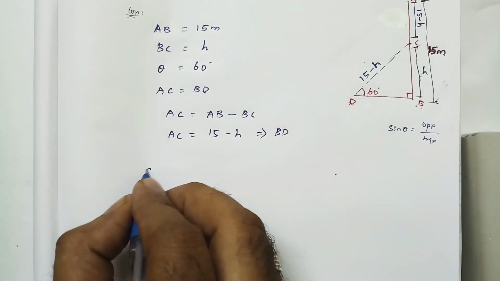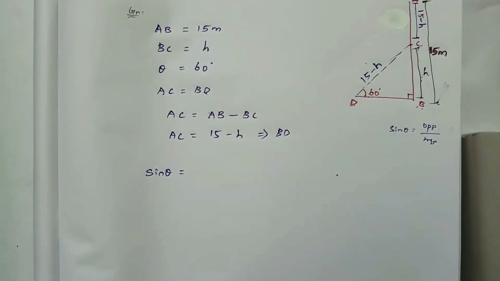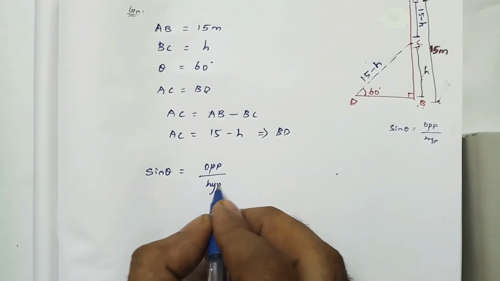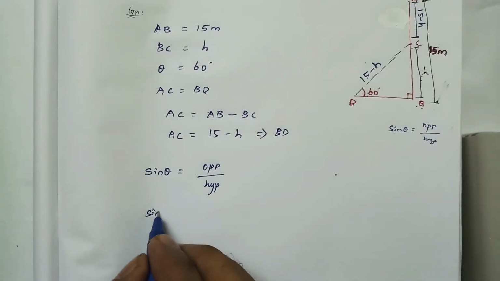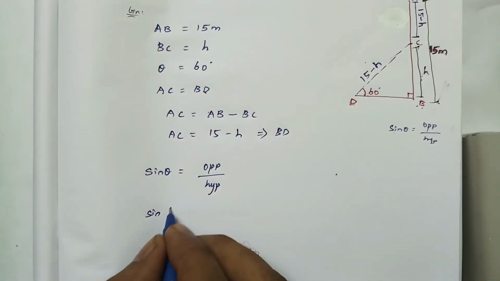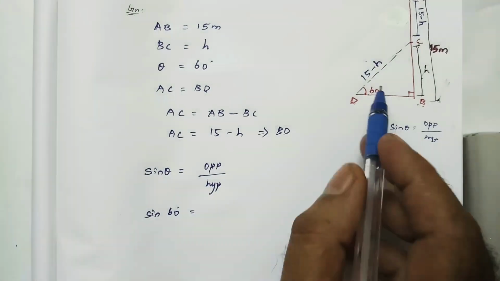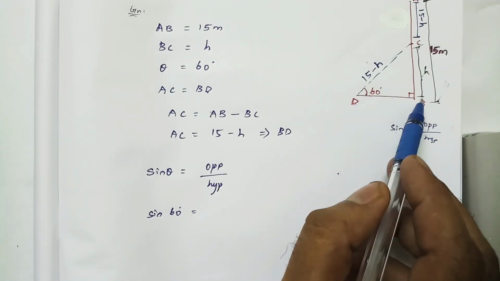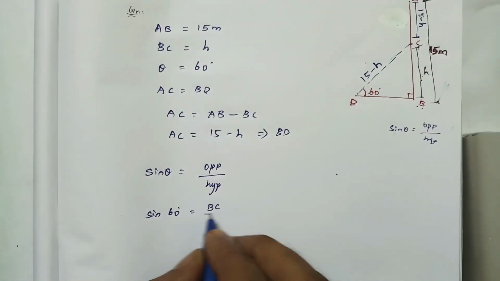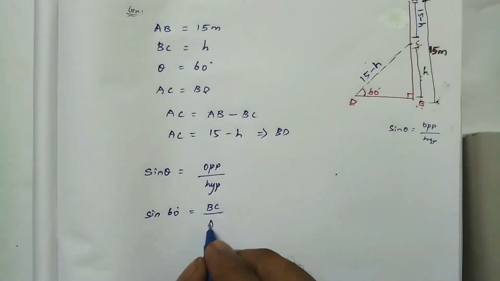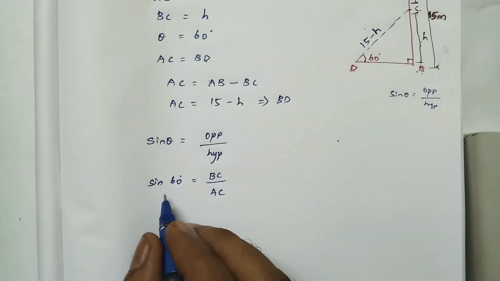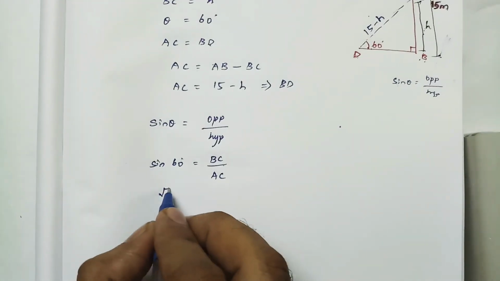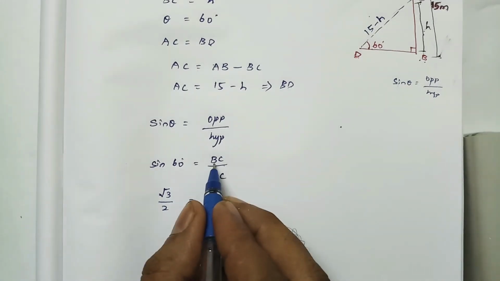So sine theta is equal to opposite side divided by hypotenuse. What is theta? 60 degree. So sine 60 degree is equal to, what is the opposite side? For 60 degree, the opposite side is BC. BC divided by hypotenuse, which is AC. So what is the value of sine 60 degree? Sine 60 degree is equal to root 3 divided by 2, equal to